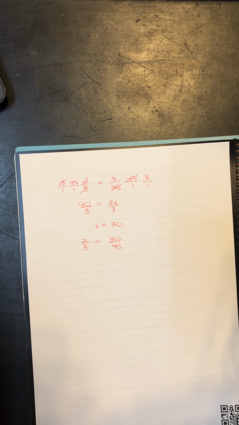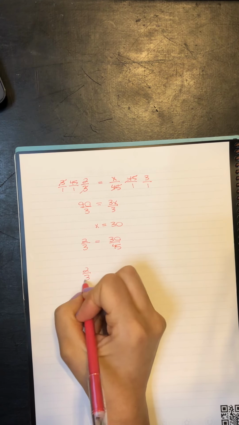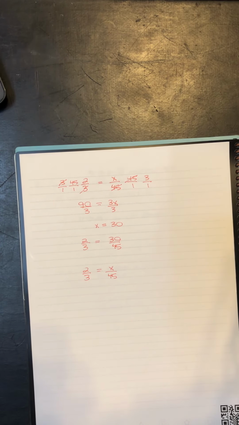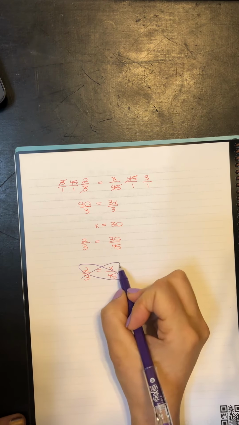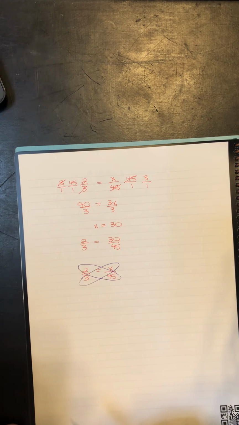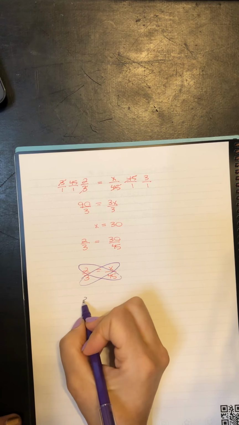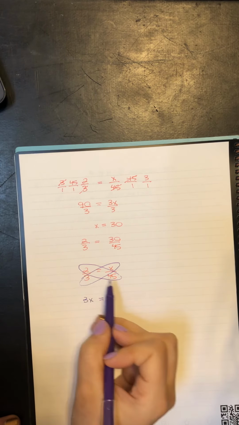So the next time that he goes and takes 45 shots, I would expect him to get about 30 of them. Another way that we can think about doing this, so we have 2 over 3 equals x over 45. And you might have seen this before, written more like this, where we circle. And the only reason I wanted to walk you through the process before is so you understand where that came from. So if we circle like this, I just don't want you to lose track of what we're actually talking about. So when we do this, we're multiplying 3 times x. And we're putting that on one side of the equal sign. I'm going to bring my equal sign down. And then 2 times 45,